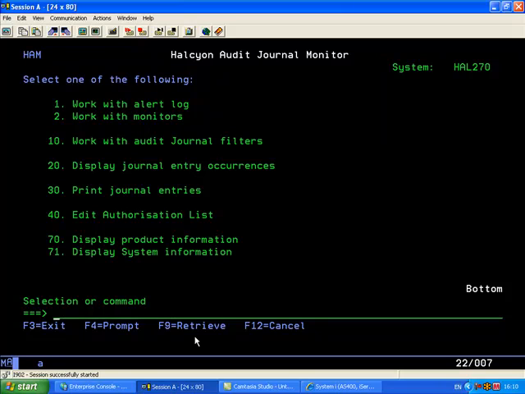For example, it might be potentially somebody trying to hack into the system by trying passwords of high user profiles. It may be somebody who's changed system values that maybe shouldn't have changed system values, or changed system values you didn't know have changed. It might be, for example, somebody who has tried to access some files that they're not